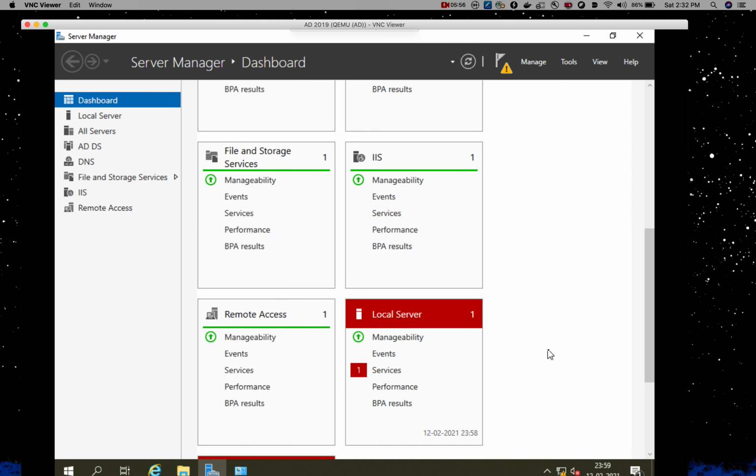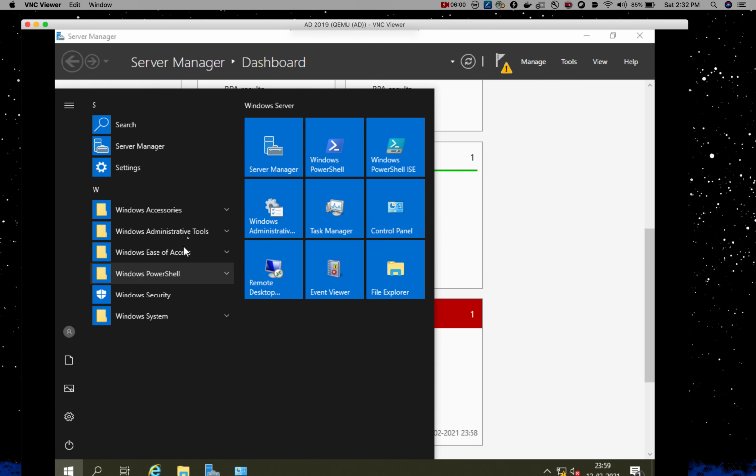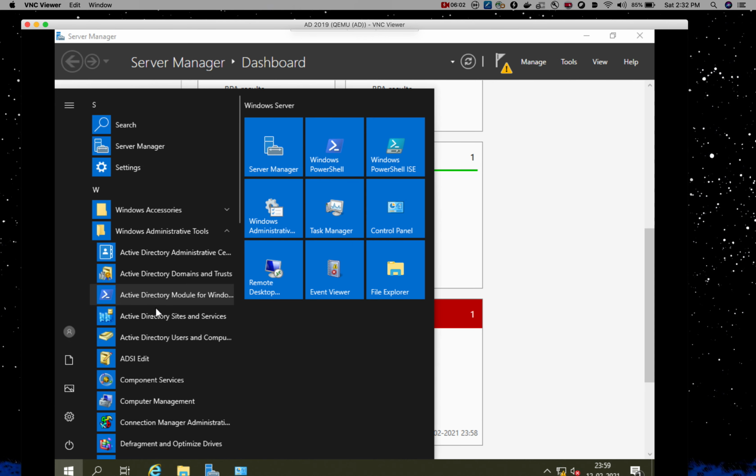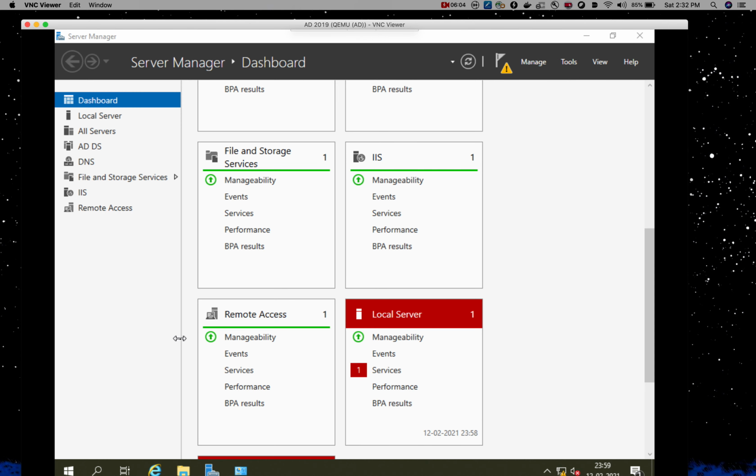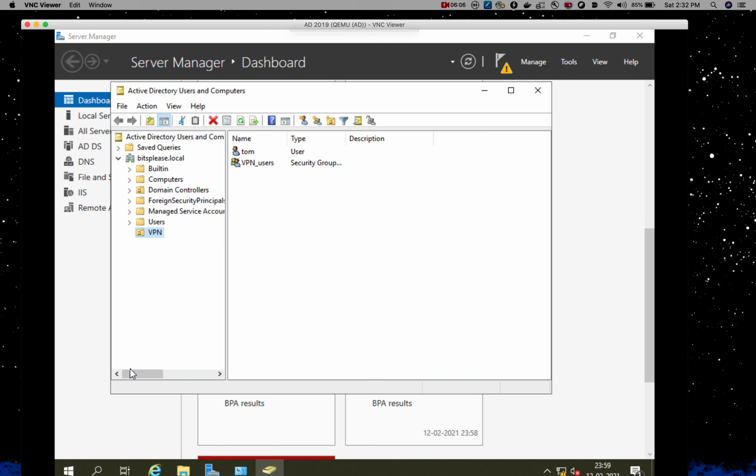So now let me also show you the Active Directory. So what I'm going to do is click on here. Let's go to admin tools, and you should have Active Directory users and computers. So I'll show you basically what I've done. This is the stuff which I have done as part of my Active Directory setup, right? So I've just created a new domain here, a new organization unit, right? I basically called it VPN,